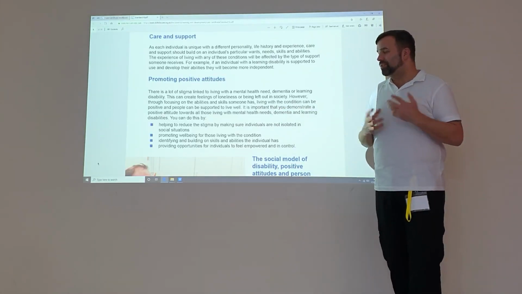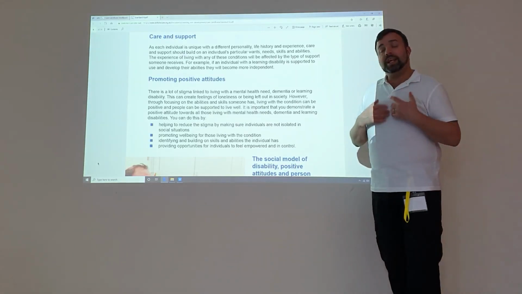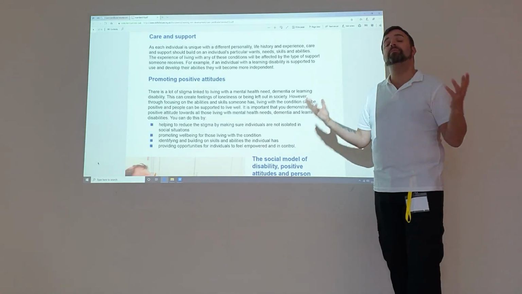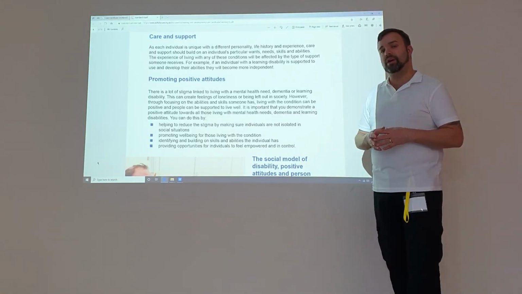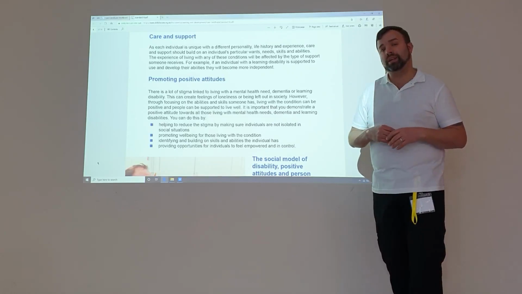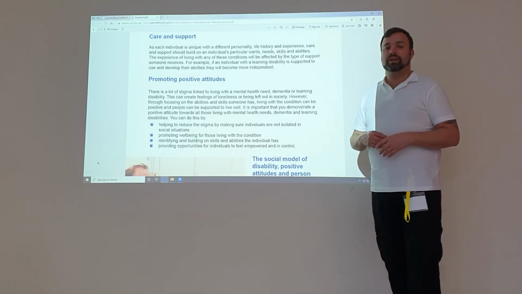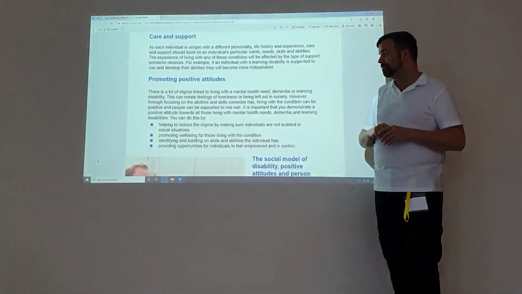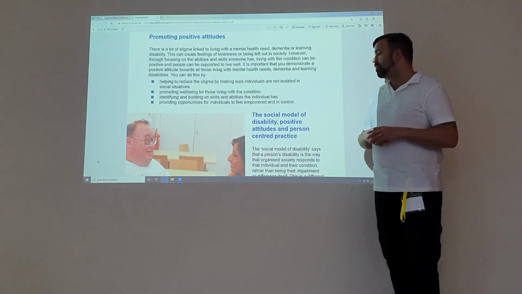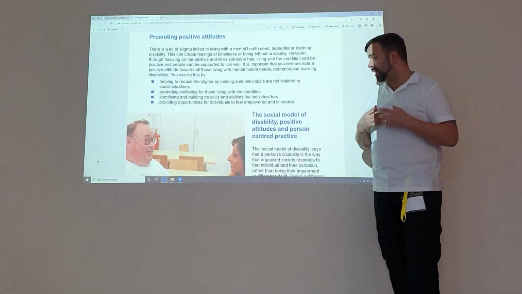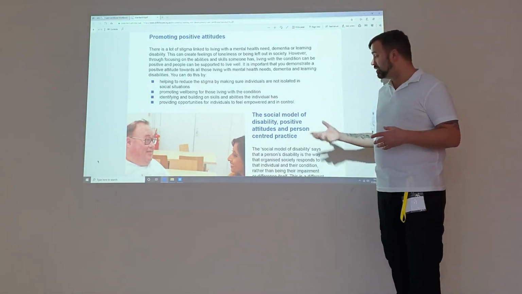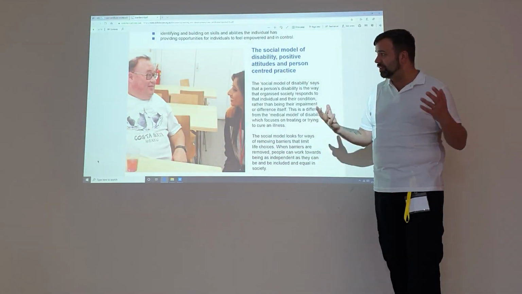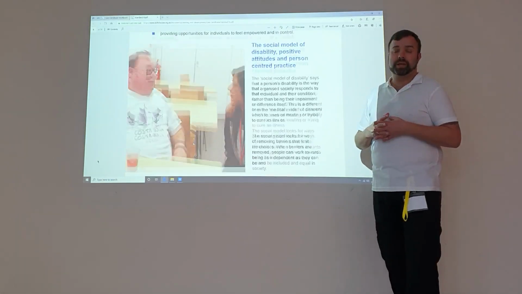It's all about promoting positive attitudes, seeing somebody beyond the diagnosis or the condition that they have, allowing them the best opportunity to live a fulfilled life, and to have the same rights that you have. And that's a fundamental importance when working with people with different needs. We need to work across our society and change the way that people see disabilities, and to try and reduce the stigma, and to raise a positive awareness and to work alongside people.